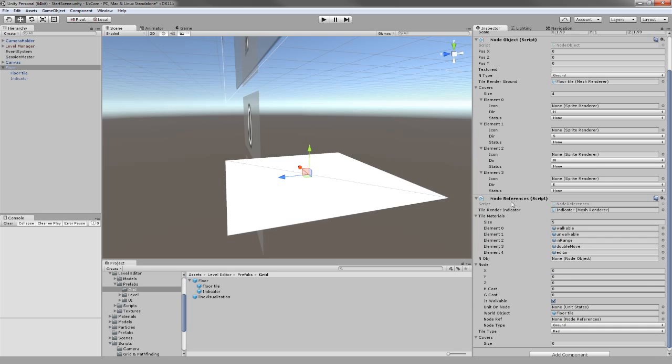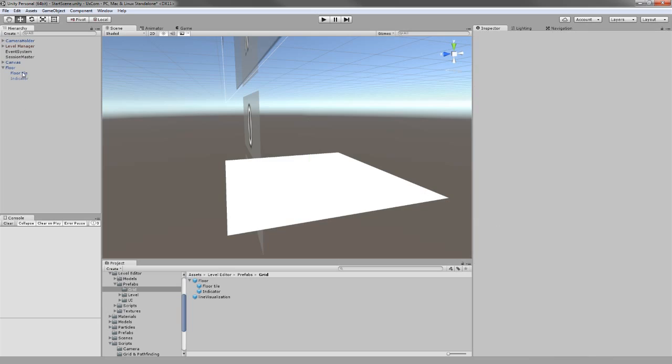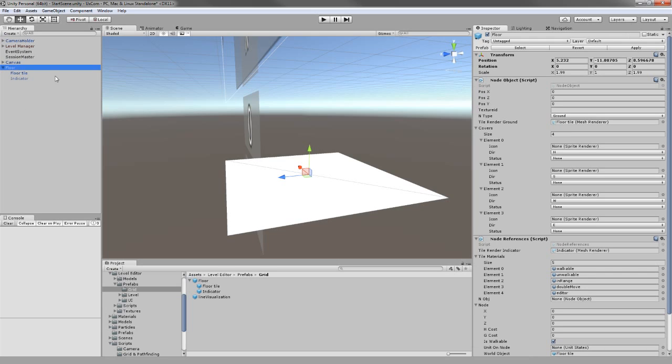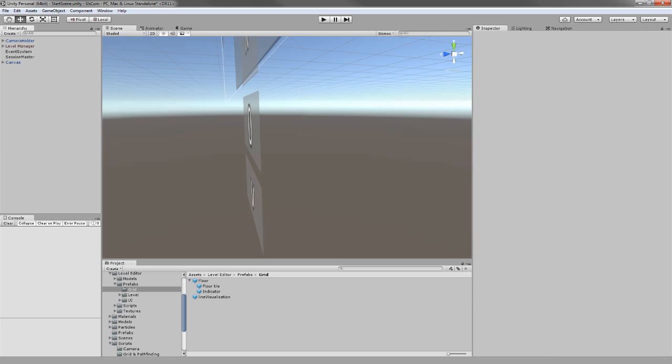And on the node references, we're going to keep, of course, the reference to the indicator. So basically you need to update the prefab and assign the tile renderers, of course, and you're all set. So let's go into the scripts